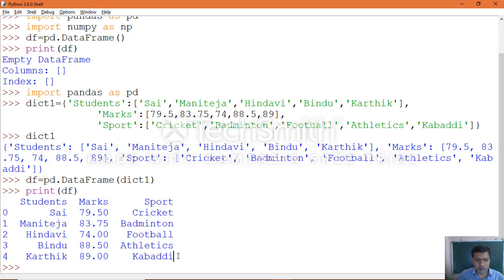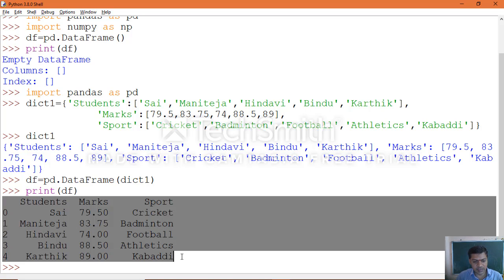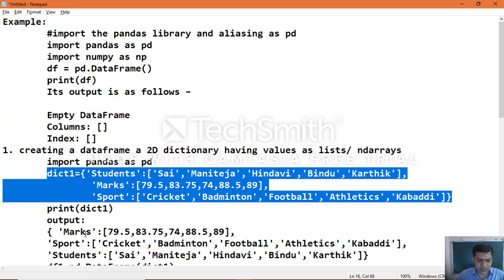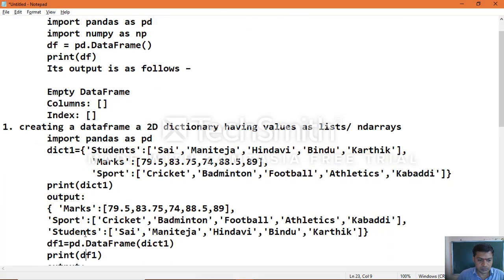Okay, now we know how to create a data frame with the help of a dictionary. First create the dictionary and pass that object to the data frame. Then that data will be represented in two-dimensional form. If you don't specify the indexes, they will be taken by default from the NumPy array range function that always starts with 0, 1, 2, 3, 4 and so on. Now we can specify our own indexes. So we will execute that now. How can we specify our own indexes?